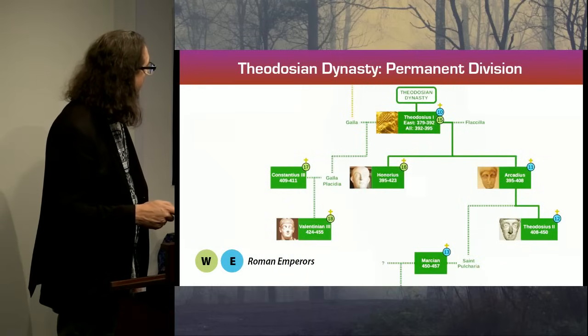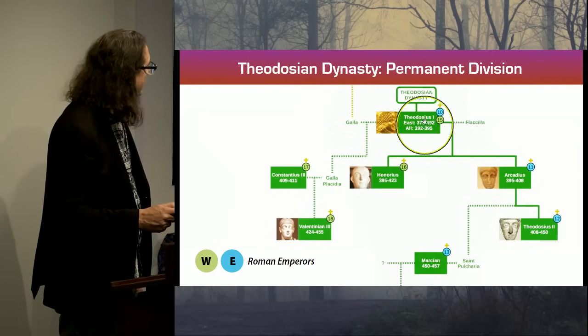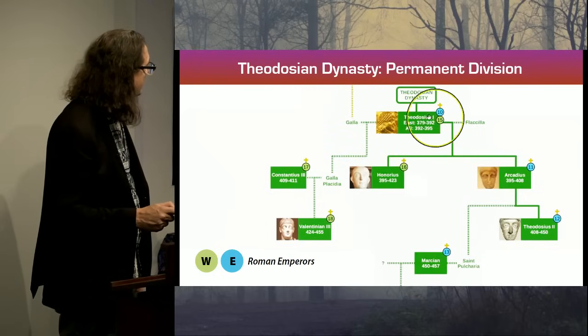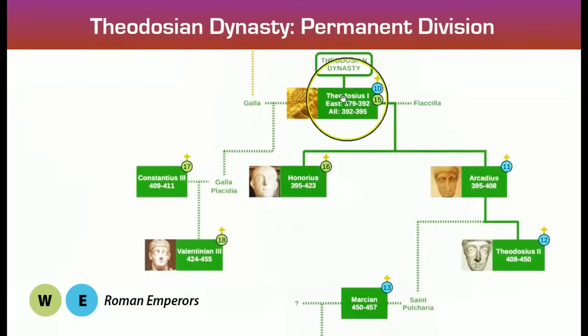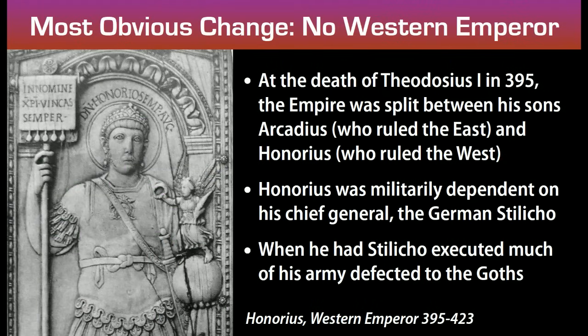It becomes permanent after Theodosius. Theodosius is the last emperor, and that's the map I showed you before of what the empire looked like unified. When he dies, his young sons become Eastern and Western emperor: Honorius, the Western emperor, and Arcadius, the Eastern emperor. That division then becomes permanent between the two courts, the one in Constantinople, the other initially in Milan, but quickly moving to Ravenna for defense. So when we get rid of